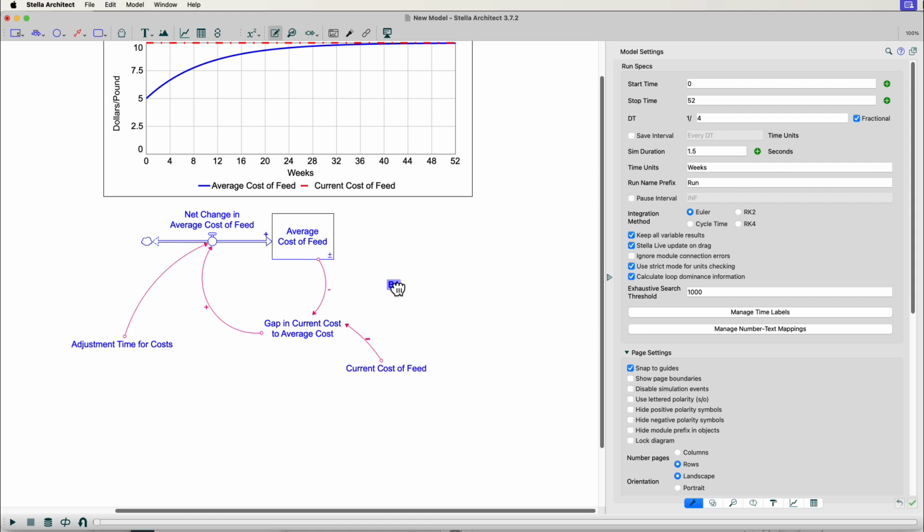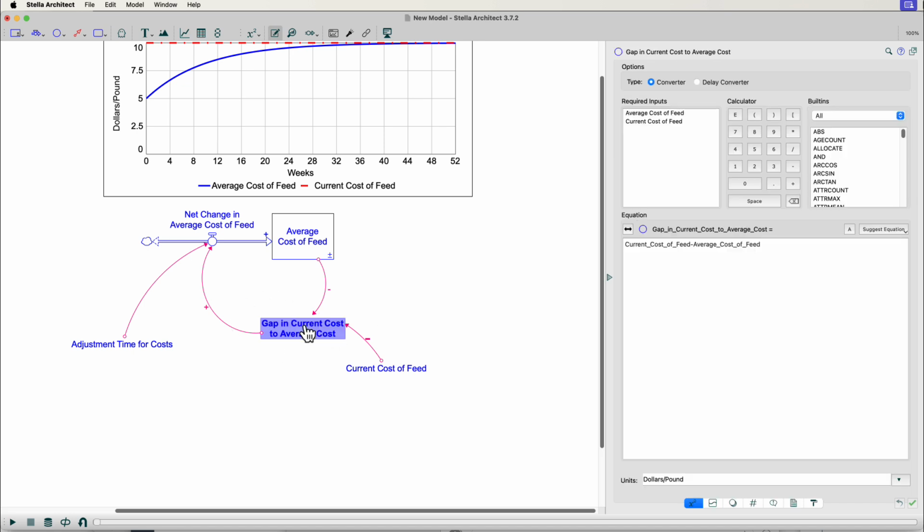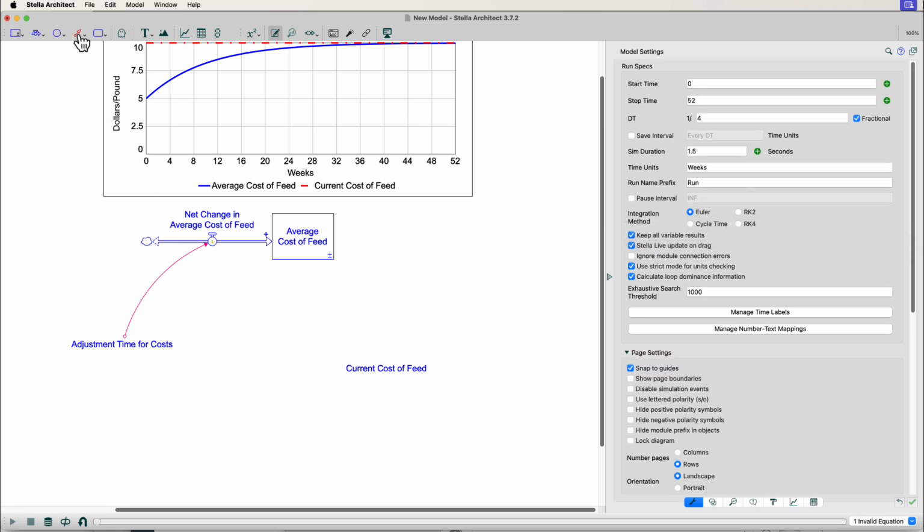I'm going to do one more thing. I'm going to move this, double click in the white space. I want to delete this for now. What I want to do is change the formulation. What I'm going to do is get rid of this intervening variable. Okay? And I'm going to delete that, and instead I'm going to connect my current cost of feed to the flow,